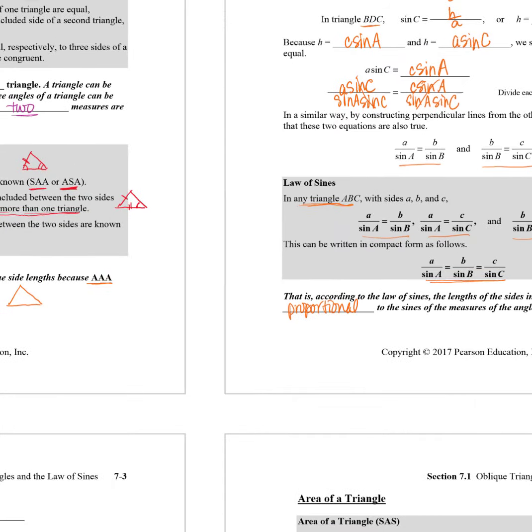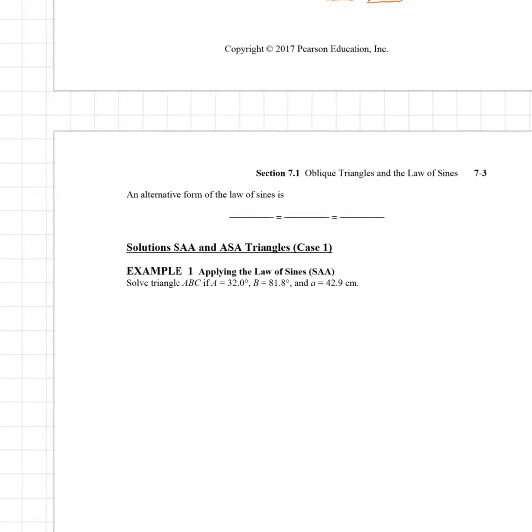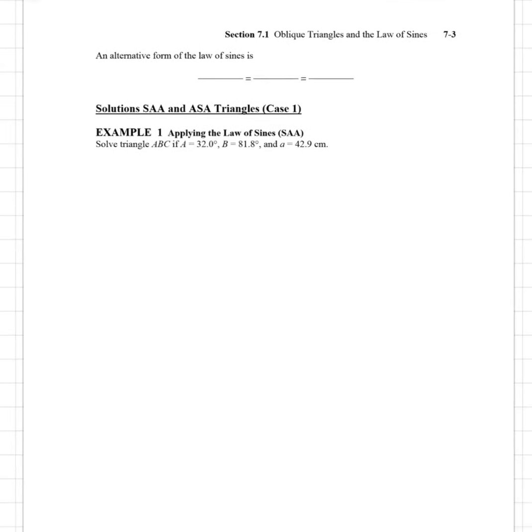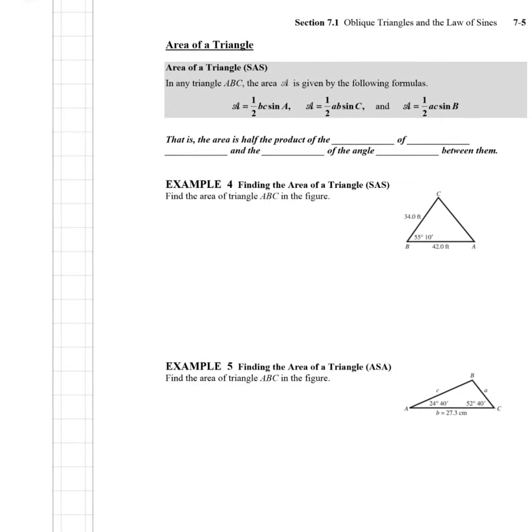Let's write that all out in another way. If we go up to the top of 7.3, an alternative form of the law of sines is we can just write the sine in the numerator instead of in the denominator. So sine of A over A is equal to sine of angle B over side B. That's equal to sine of C over C. You're going to do some examples, and then let's go over to page 5, so 7-5,